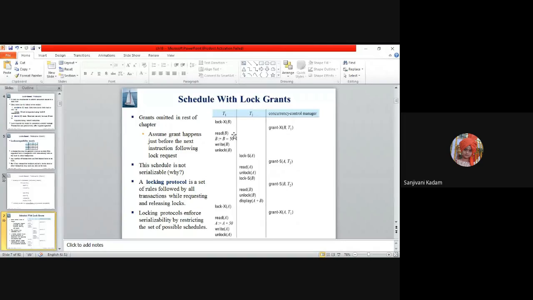Unlocking means releasing a lock. T1 doesn't need B anymore, and hence this allows access of B to other transactions.